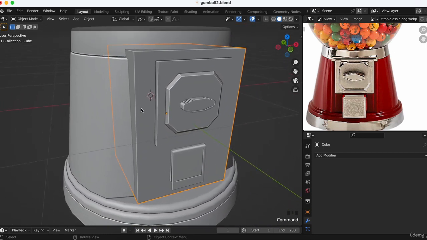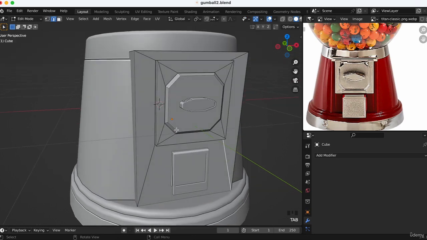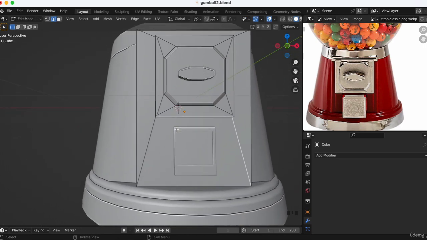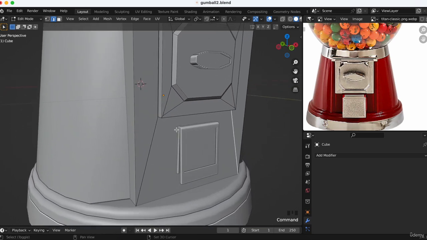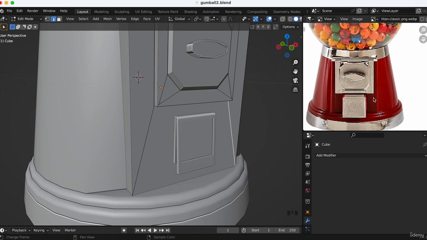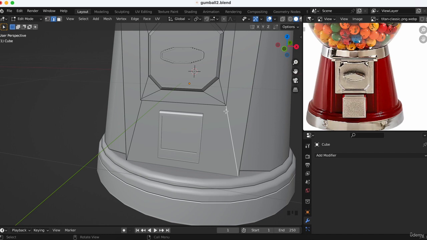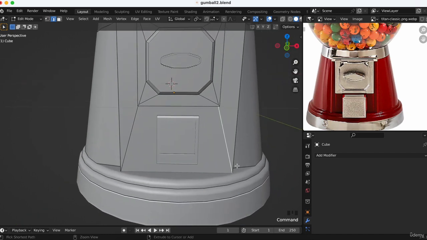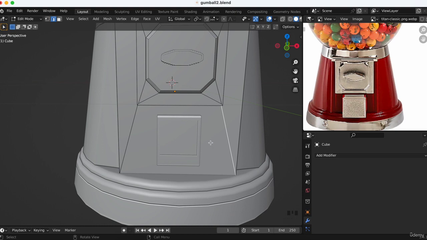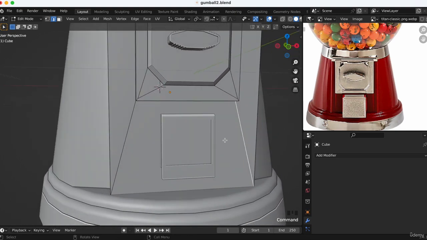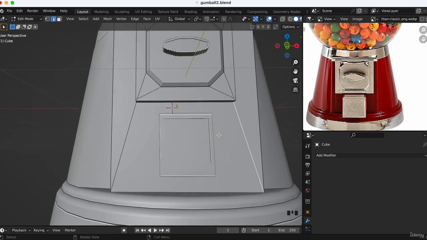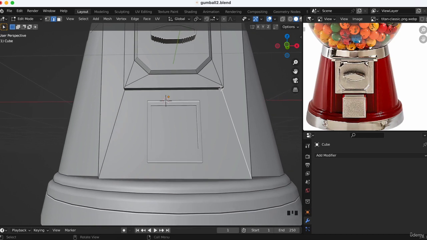So we get our cube, tab edit mode, and what we can do to make this, well, we can just add another cube to make this effect, or just get these, make another loop cut here to see if we can do this. Control R is making a loop cut here. So we want to create a line that goes here and here, and then we can extrude a little bit